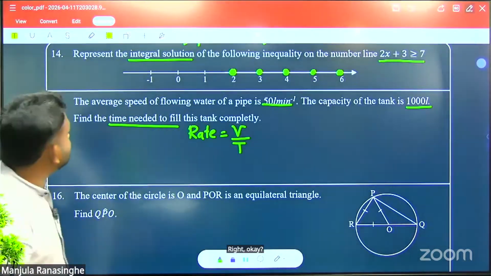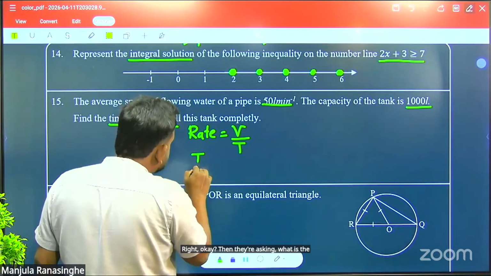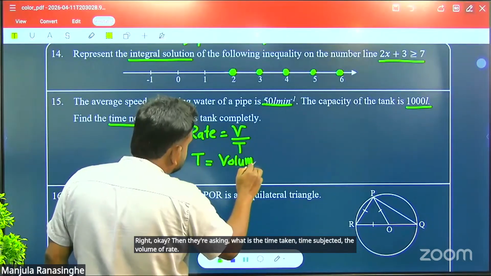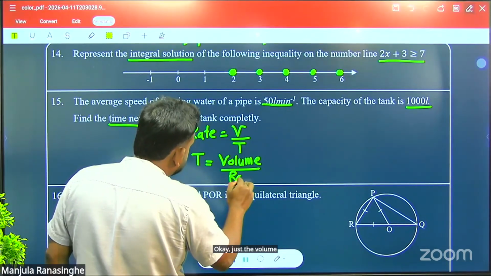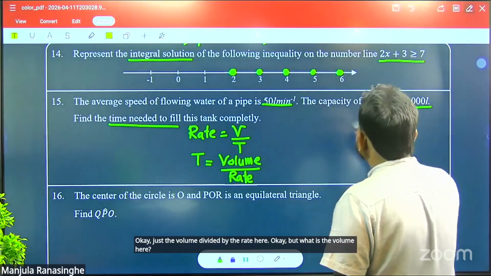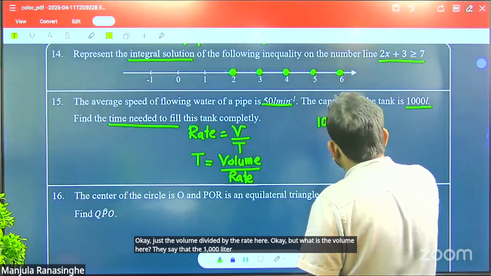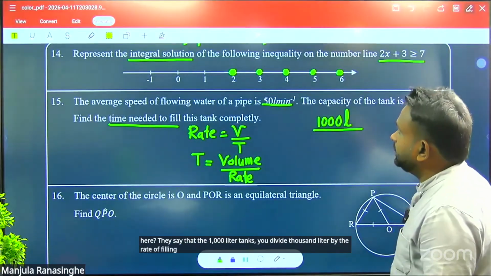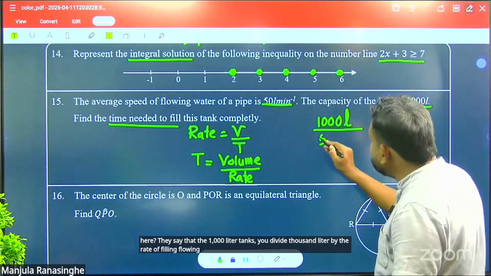Then they are asking for the time taken. Making time the subject, it is the volume over the rate, just the volume divided by the rate here. The volume is the 1,000 liter tank, and you divide 1,000 liters by the rate of flowing, which is 50 liters